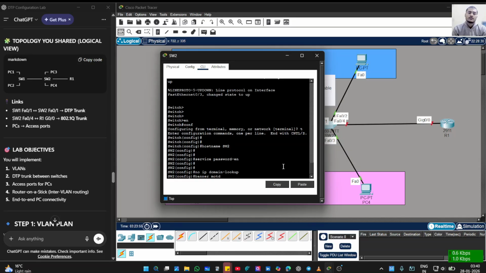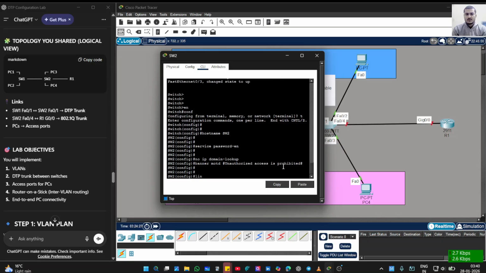So banner MOTD, which banner do I want to show: warning, unauthorized access is prohibited. Okay, now line console 0 for the console protection,